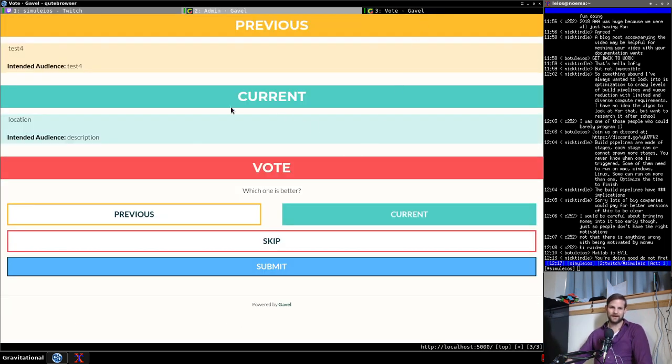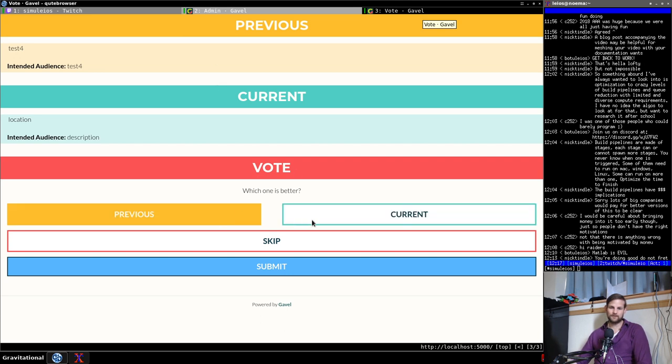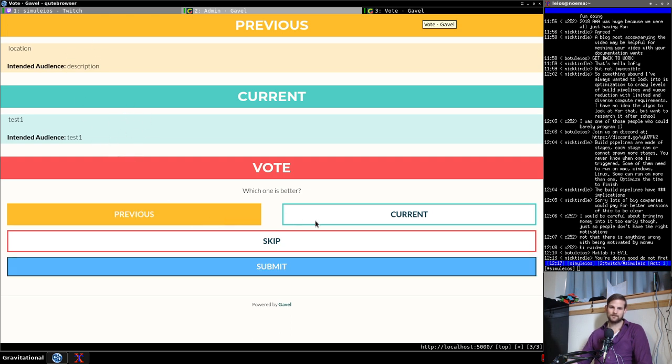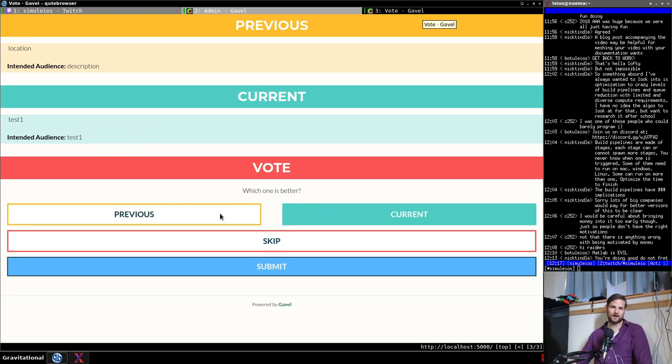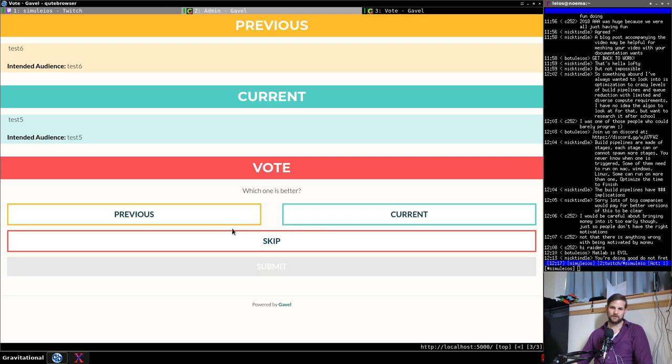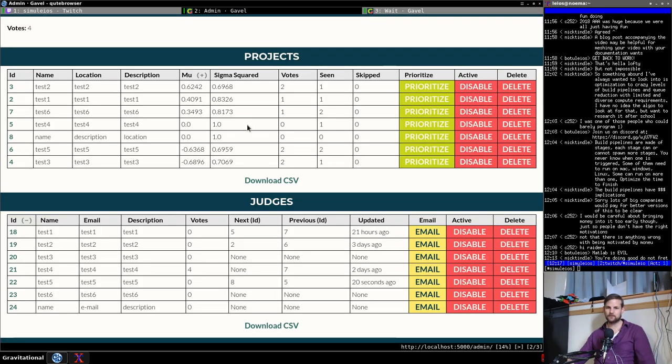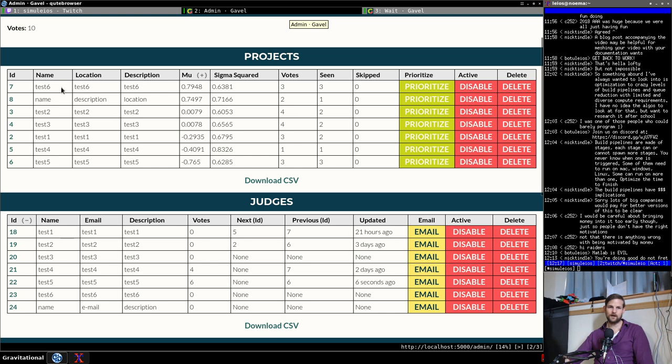Okay, and so now we just choose which one we like better, current or previous, so we'll say current, and then we have to choose between the one we just looked at and a new one, so we do current or previous here. So we'll say, I like the previous one better, and we submit that, and then basically we just keep saying which one we like better over and over again, and we ask them to do maybe 5 entries or so, and then afterwards, if we refresh over here, we see, oh, well now we have a list of people